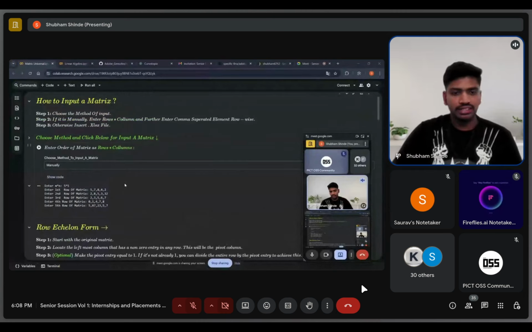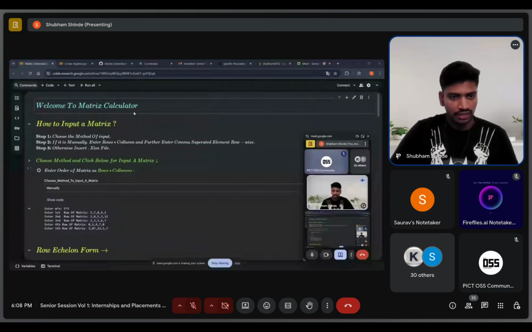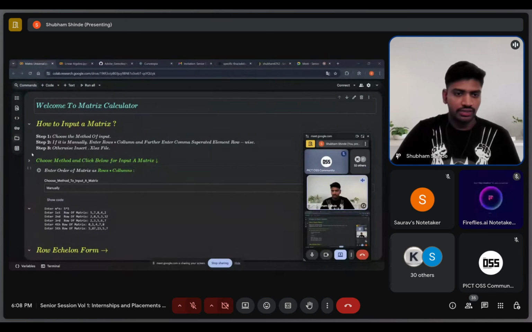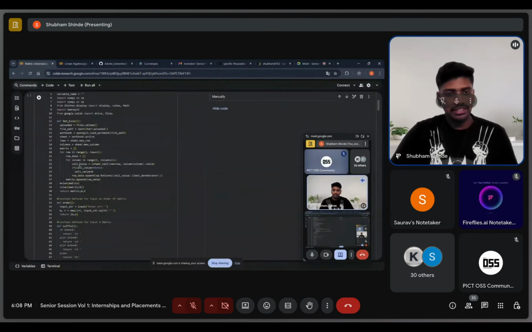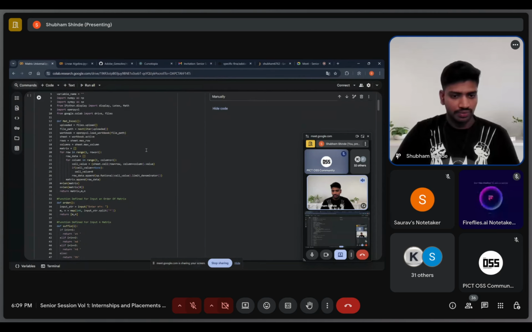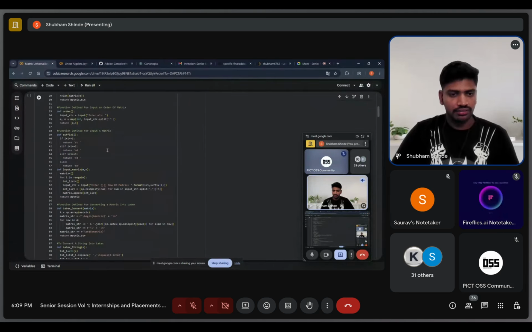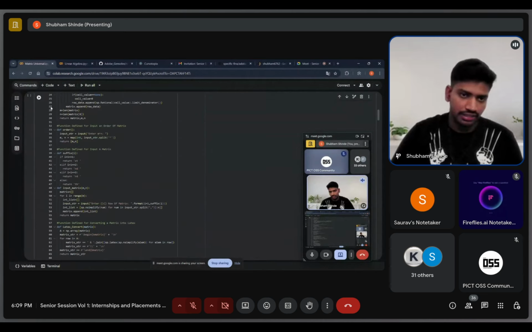Basically, it is a simple project which doesn't have a backend or a front end. I just coded it on Google Colab. All you can see here is only code. And when I was in the first year, there were no AI tools like ChatGPT and Claude and all. So it is completely written manually. So this is the entire project.